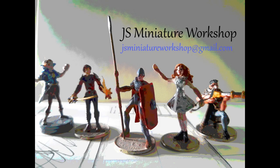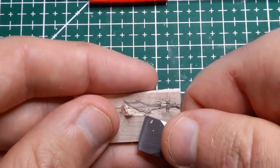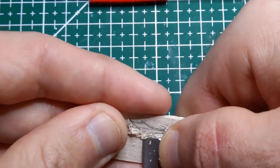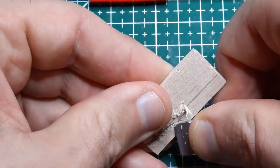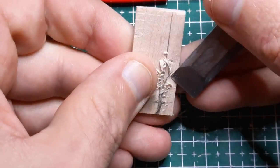Hello. This time I'm working on a mini of a woman of the woods. Sorcha is a druid and a barbarian. When she's not transformed into a bear and mauling her fiendish enemies, she enjoys frolicking in the woods with her happy little wooden scimitar. This sculpt is for Frédéric, who used an intelligence artificielle program to generate some reference art